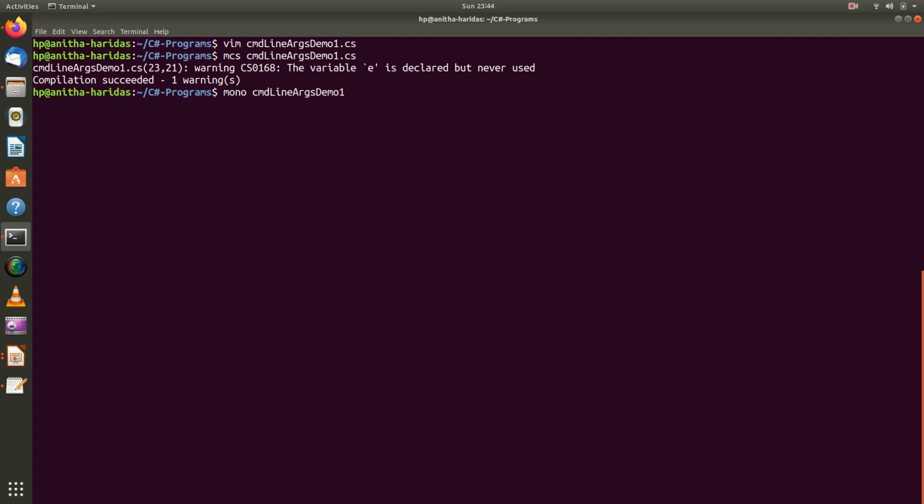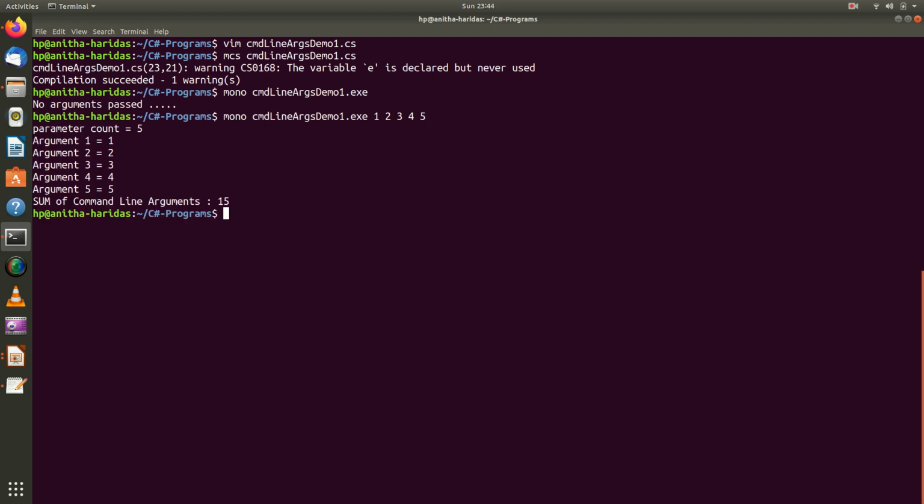I am executing the program without passing any argument. I am not passing any argument now, so it says no arguments passed. Now I am going to give 4, 5 values, and it shows how many arguments are passed, what are the arguments, what is the sum of these arguments.